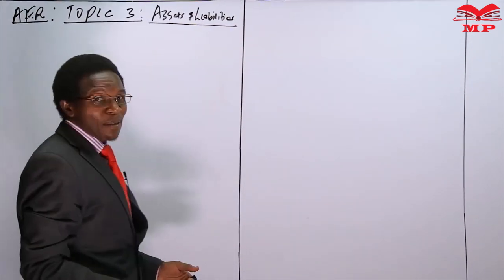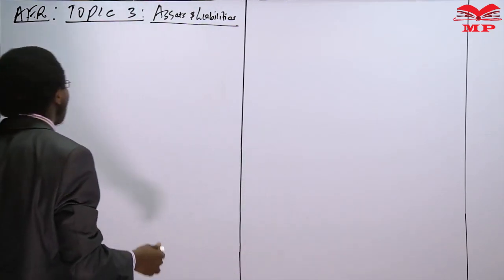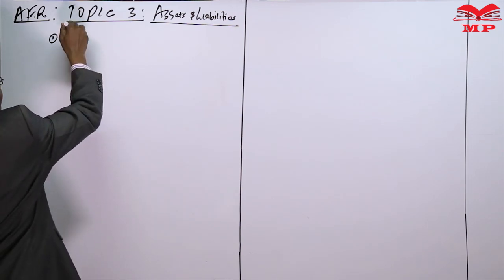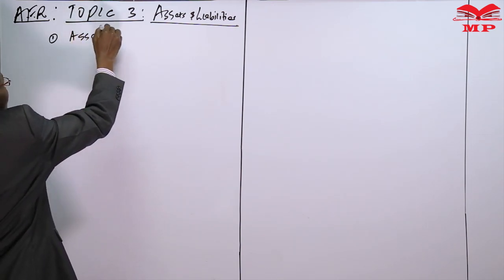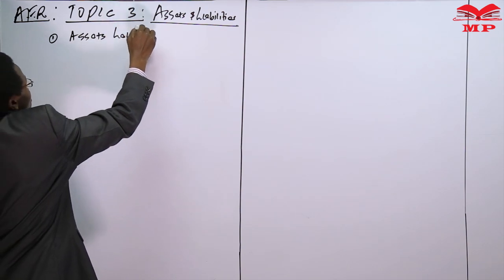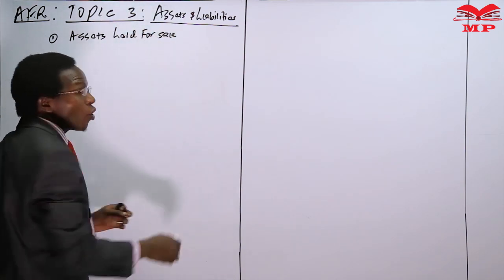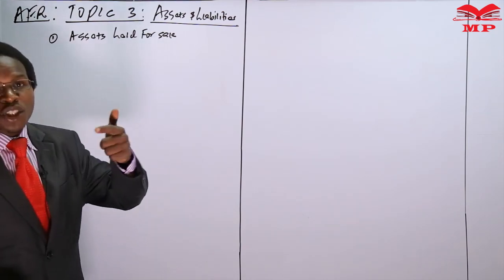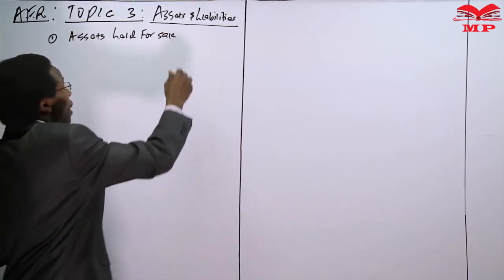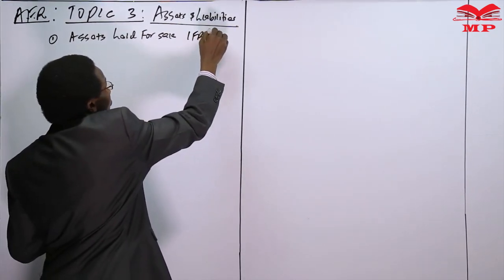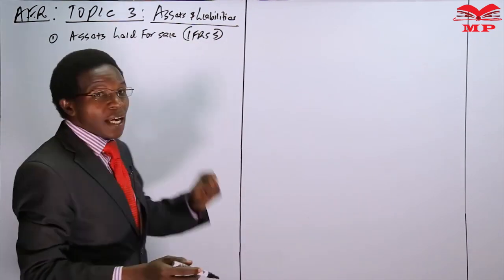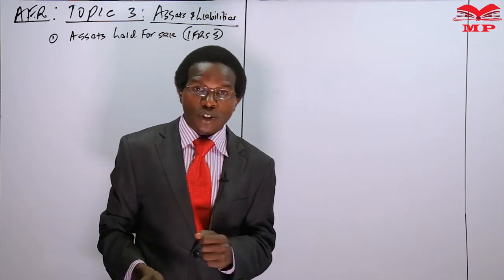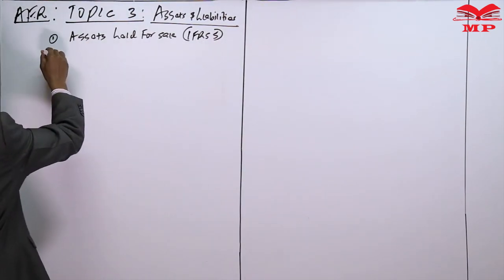What are these assets and liabilities? There are a good number of assets and liabilities. One of the items you want to deal with here is assets held for sale. And when you talk of assets held for sale, we may not forget to mention discontinued operations, because they are all under the same standard, IFRS 5. Assets held for sale are under the same standard as discontinued operations. Then we'll also want to deal with,